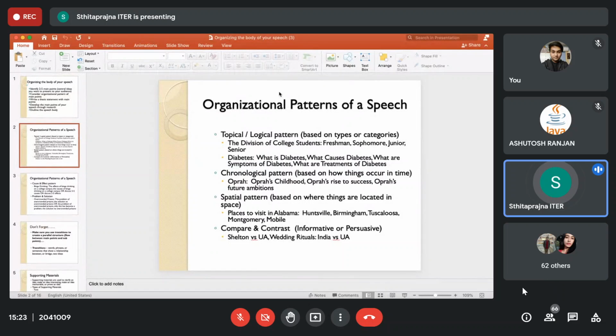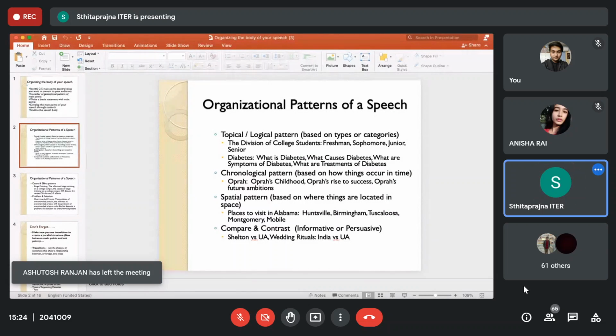Now, these are some of the organizational patterns of a speech. The topical or the logical pattern, the chronological pattern, spatial pattern, and compare and contrast. So whenever any writer is presenting something, they basically adopt any of these organizational patterns. How do you organize your speech? What kind of pattern do you use in your speech? So it could be a logical pattern. It could be based on types of categories. For example,